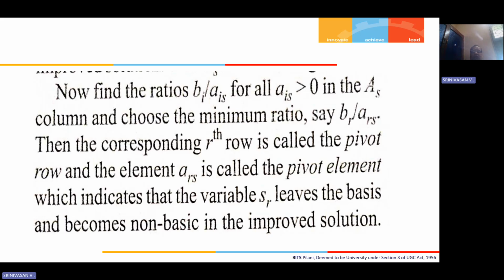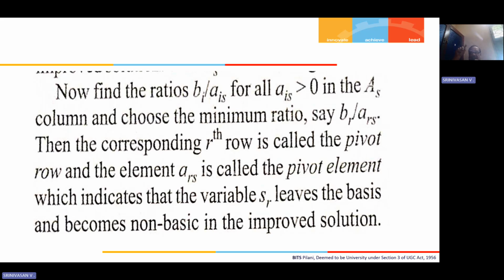So that row will now become the pivot row. So you have the pivot column, you have the pivot row, and therefore the element Ars. As is your pivot column, and Ar is your pivot row, so that the intersection of these two is given by the element small a suffix rs. Ars is called the pivot element, which indicates that the variable Sr